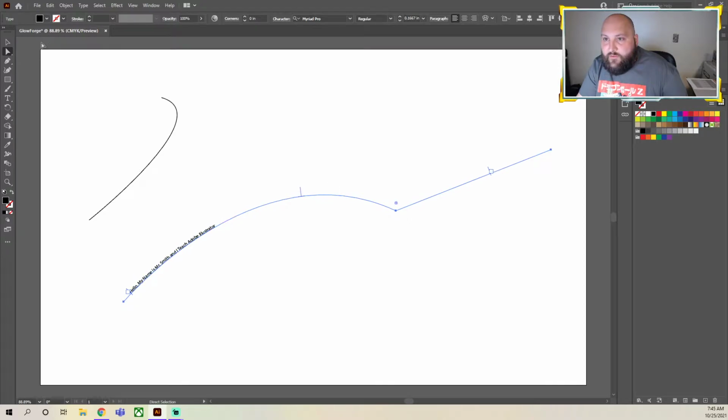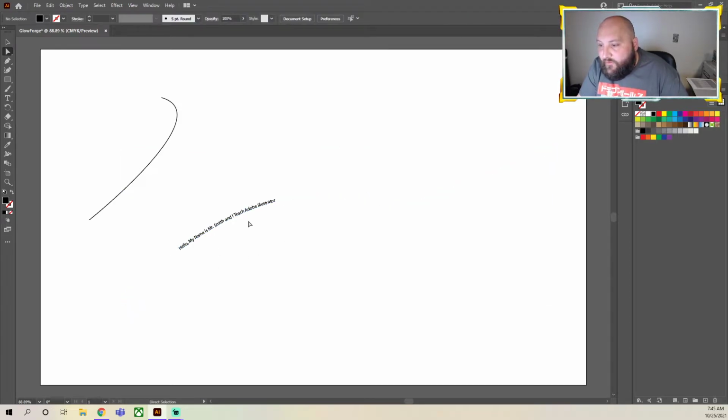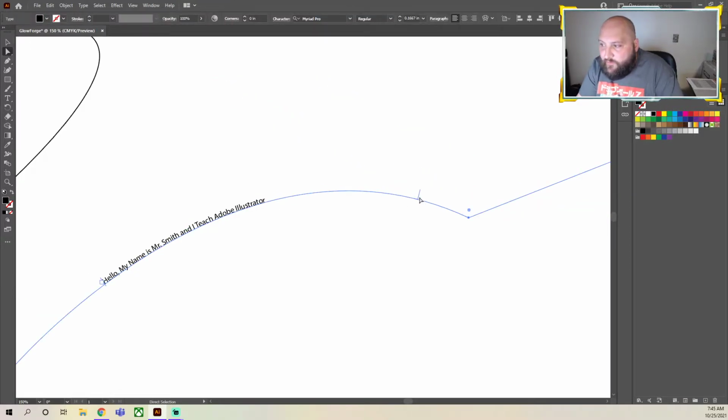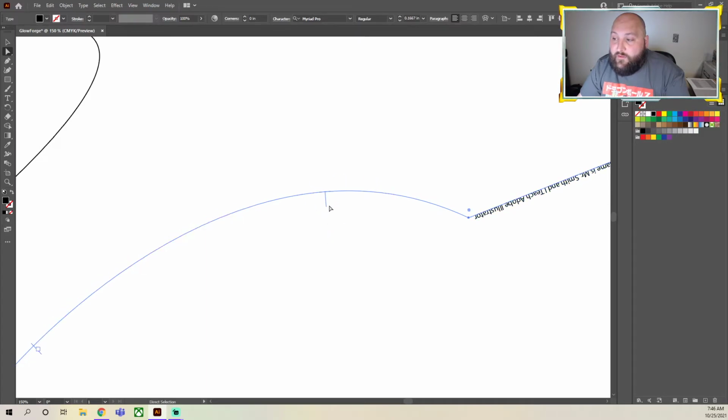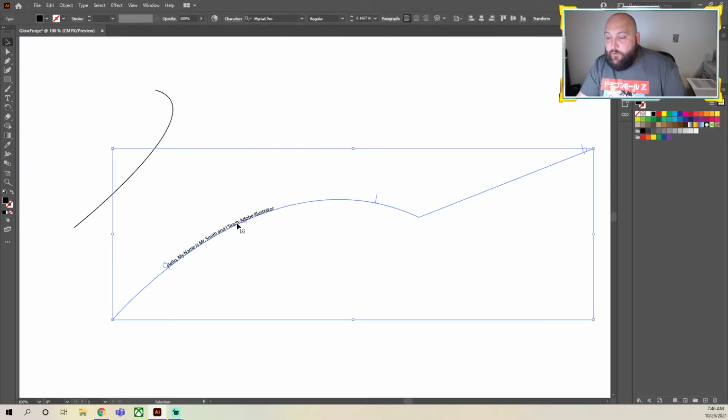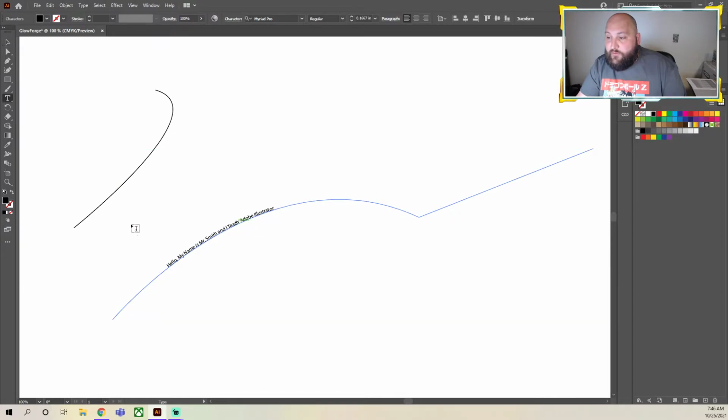All right, if I take the direct selection tool, which is the white cursor, when I click on this, if you look closely, so I'm going to zoom in. If I click on this, do you see this little vertical line here? We're going to refer to those as bookmarks or bookends, right? If you've ever put books on a shelf, you have bookends that hold your books. This works the same way with text, right? This is our text. This is the end for the text. So you can actually click that and you can move it left and right. So I'm gonna double click on it because what I want to do first,